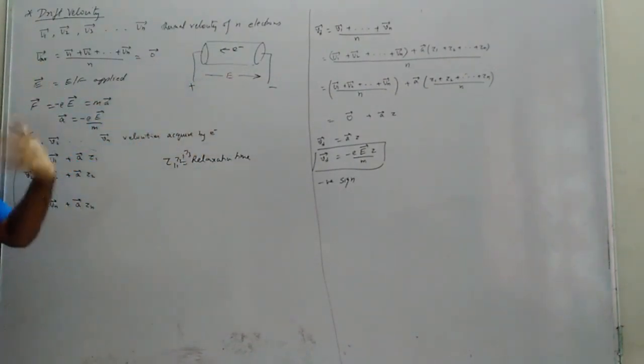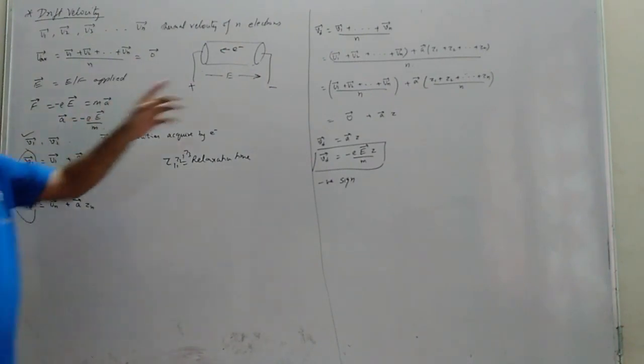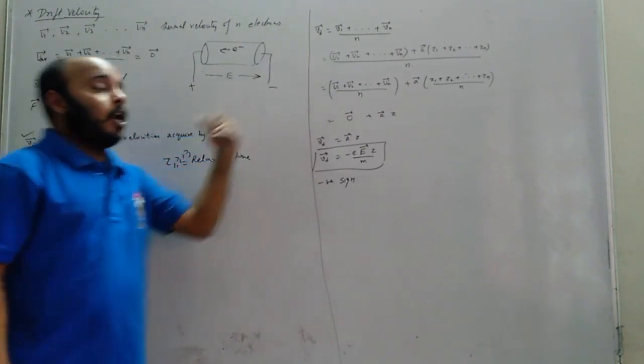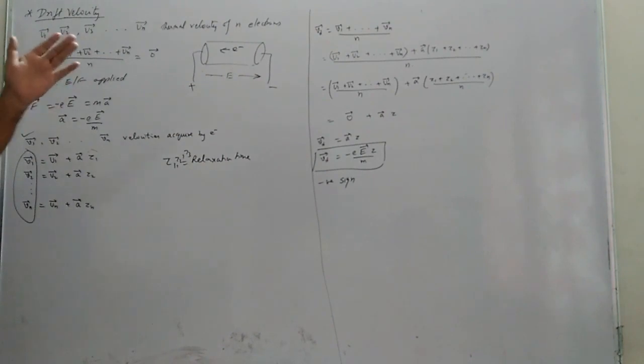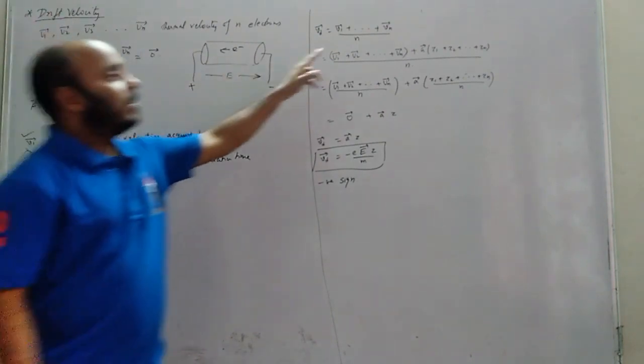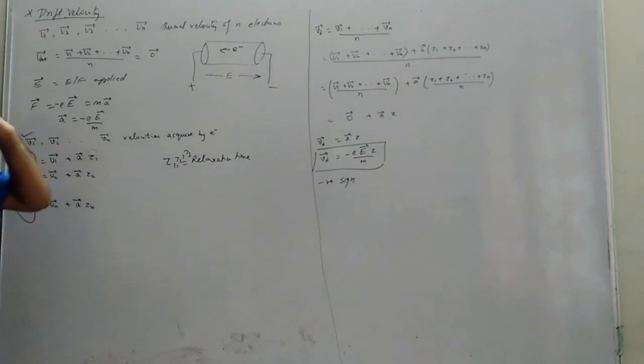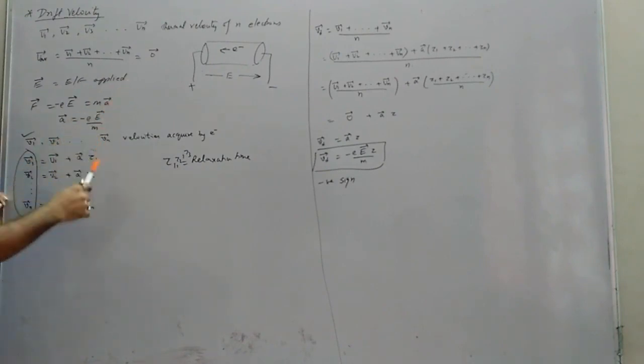Now, according to the definition, if you do the average of all the velocities, we'll get drift velocity. So what is drift velocity? Average of all the velocities acquired by the electrons. So v1 vector plus dot dot vn vector whole divided by n, the number of electrons. Understand? Now we substitute the value of vn. If you add these, u1 vector plus u2 vector dot dot un vector, a vector is common. So what is left with? Tau 1 plus tau 2 plus tau 3 dot dot tau n, whole divided by n.